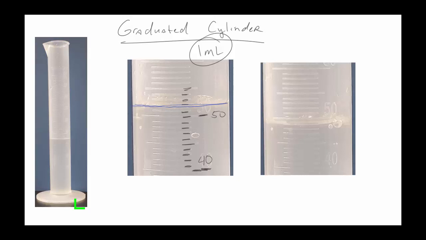Well, what that means is, say for example, I was trying to figure out, there are two markings right here. If my meniscus was somewhere in between them right here, I could actually estimate that, and we'd say what, that's 55, 56, 57, 58. So this would be 58 and this would be 59. So if my meniscus was part way in between there, I could actually estimate to that decimal place and say